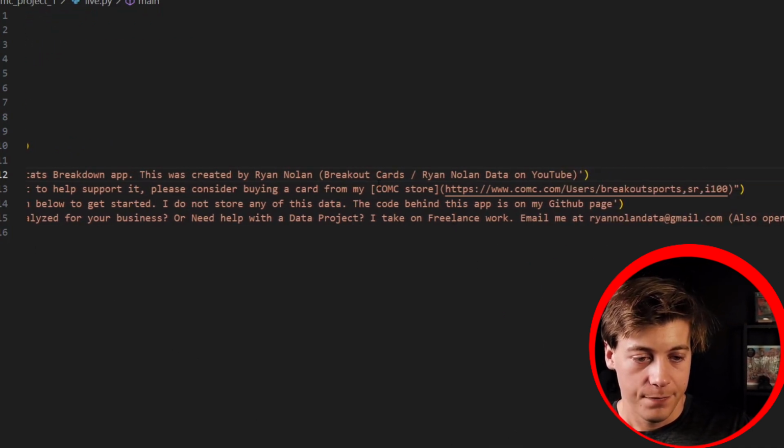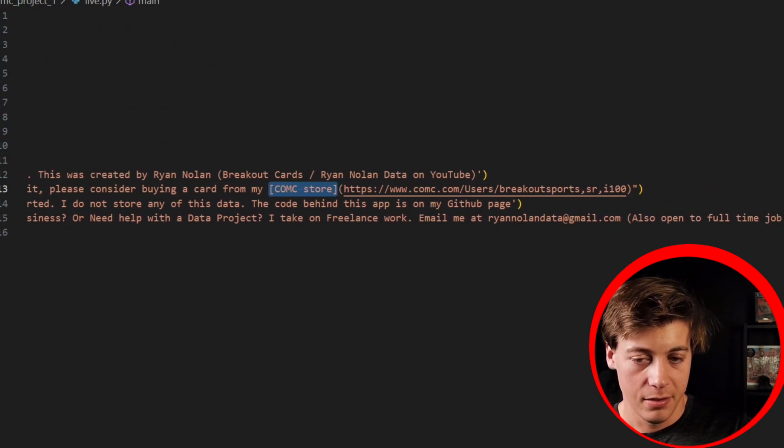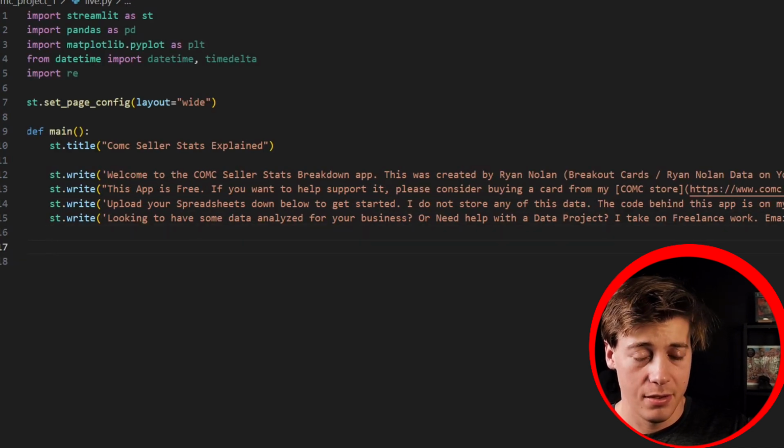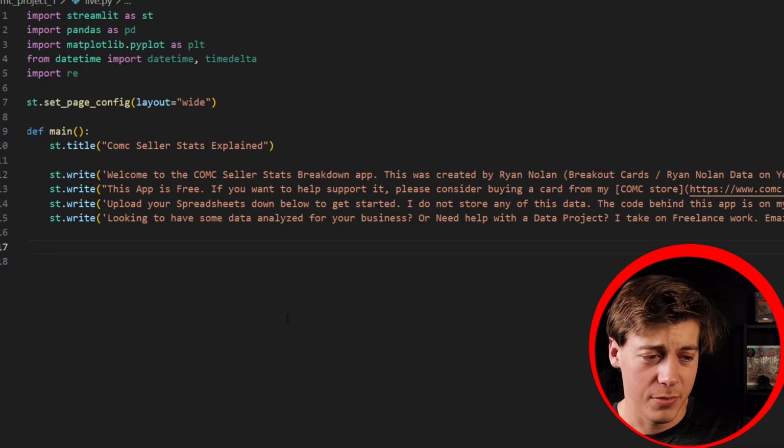And from my COMC store, if you want to put in a link, this is how you put in a link, right? And I just put my email me over here. If you guys are interested in some projects for your business or some data polls or whatever, I'm open for